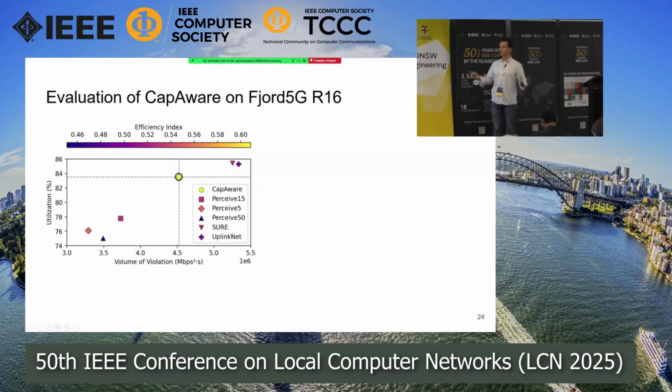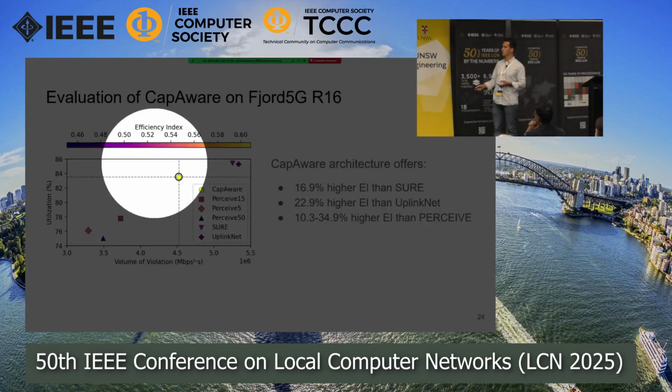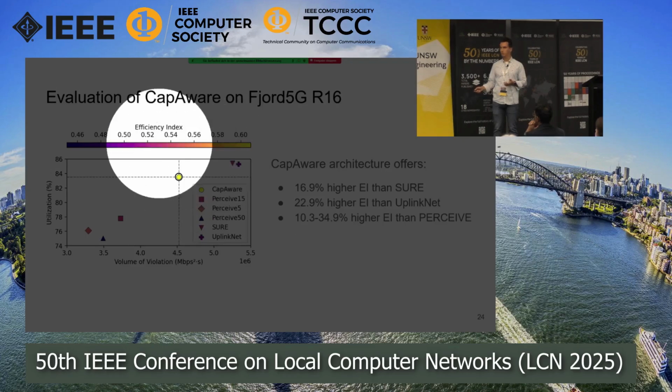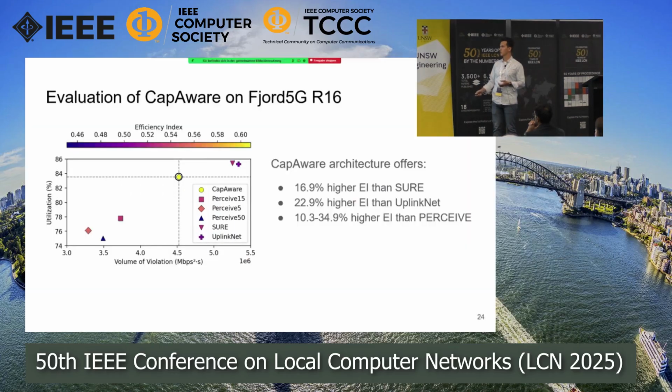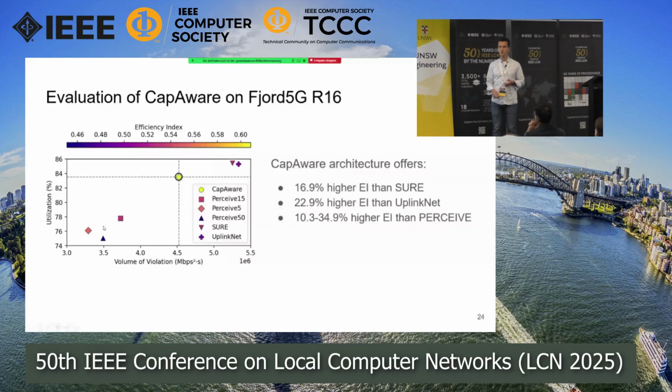And just to round up all the parts of our models, now we are evaluating our complete model against the other models, and we see that our model is achieving between 10 to 35% higher efficiency index compared to other models. So our model is still performing with a high network utilization, but making much fewer errors. And the other models are actually just staying in a low network utilization in this context. You can find more specific details of how we are doing this in the paper itself, or ask me questions later on as well.